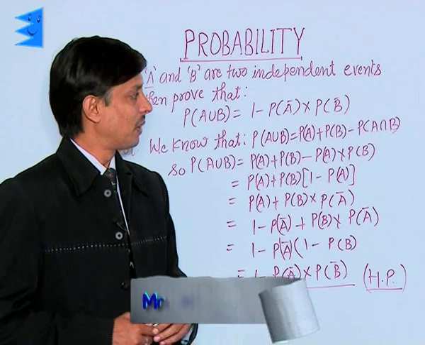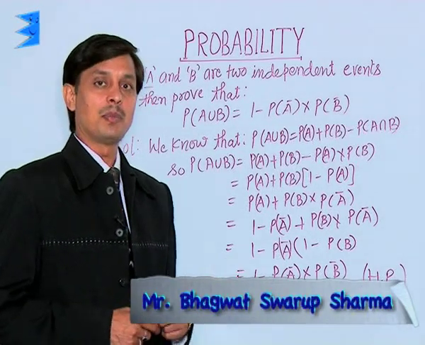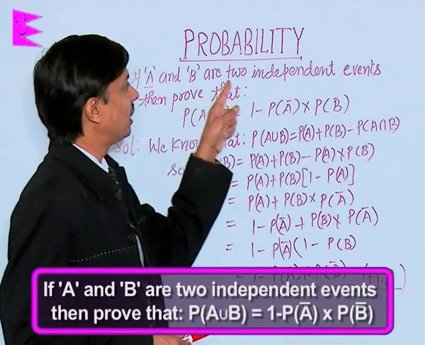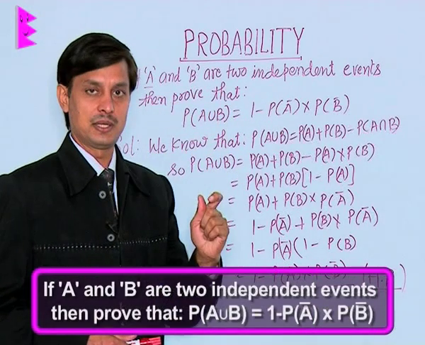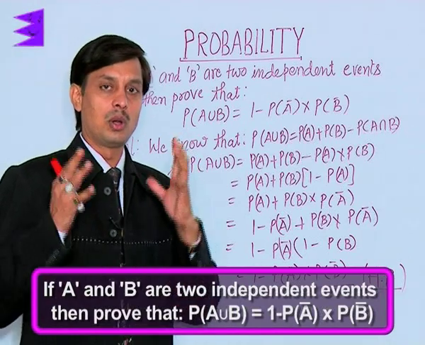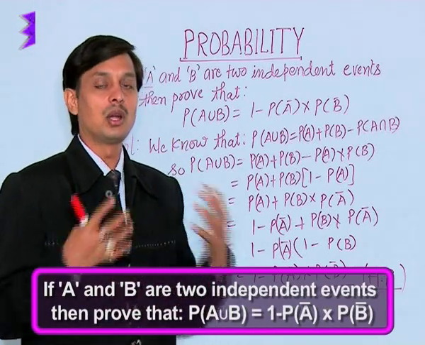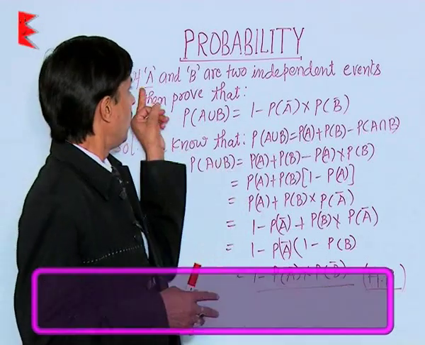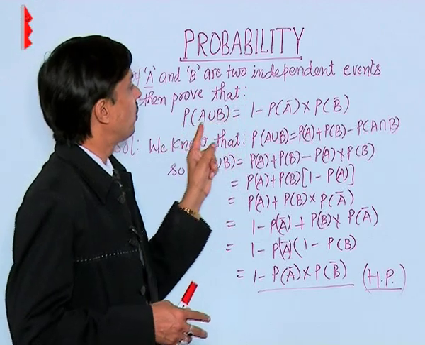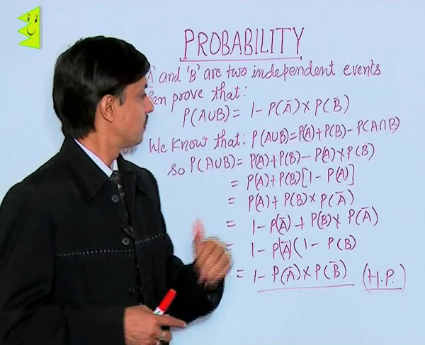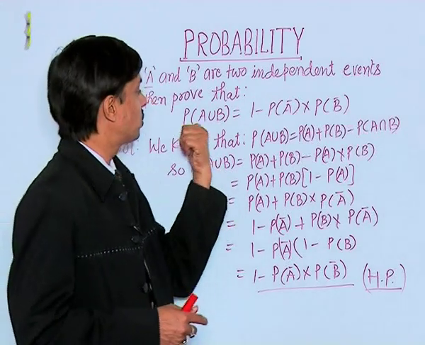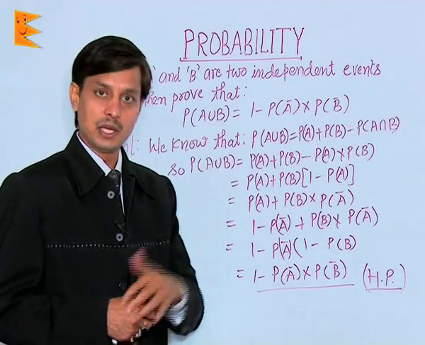Now one more problem I am taking, which is based upon the independent theorem. If A and B are two independent events, meaning the occurrence or non-occurrence of one is not affected by the other, then prove that the probability of A union B, in the language of words, the probability of happening at least one of A or B,